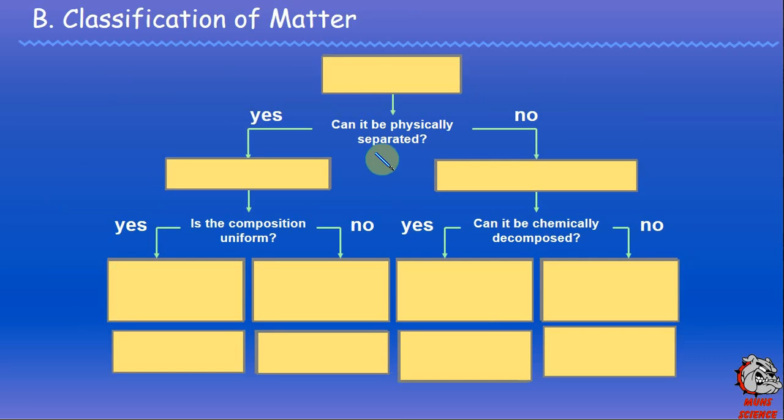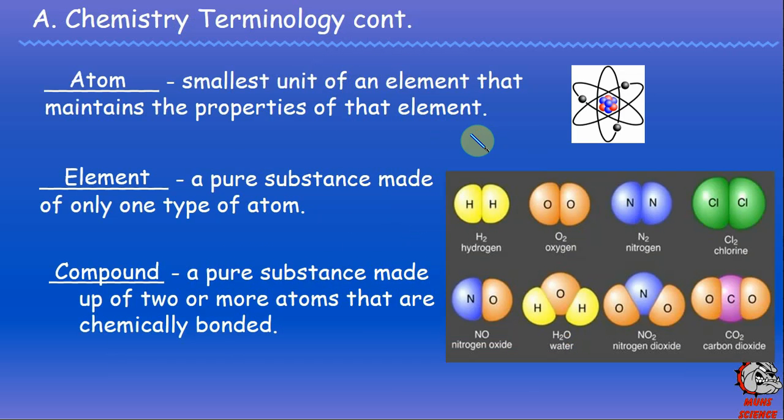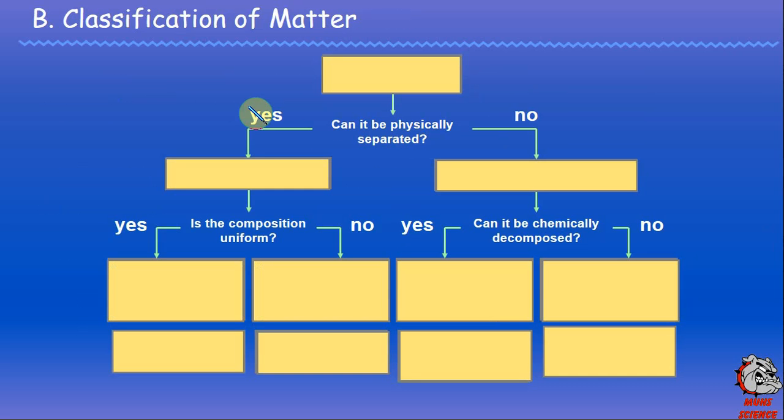Let's take a look at classification of matter. So up here at the top, we have all the stuff, all the matter. And we're going to ask a series of questions. And the first question you ask is, can you physically separate this type of matter? And so matter is up here at the top. What does physically separate mean? Well,